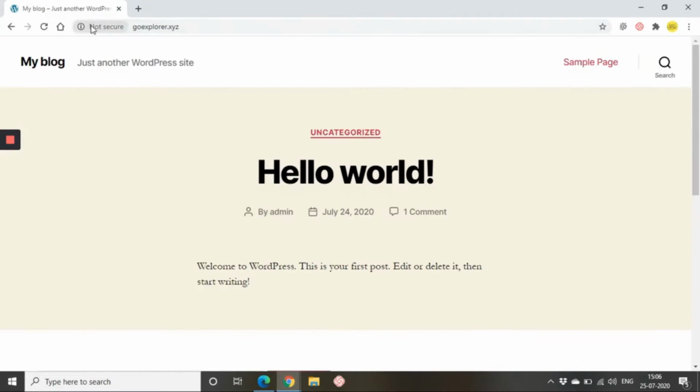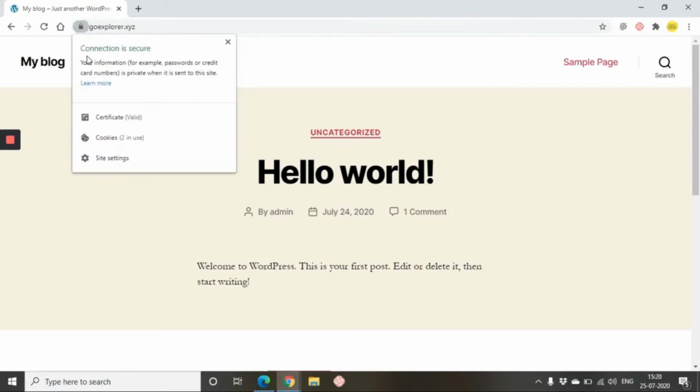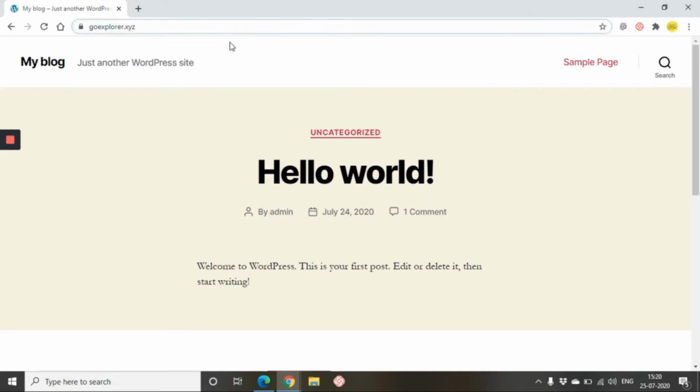Please refresh the page once. Yes, the SSL got activated, but it may take some time for some people. So please wait, or else erase the cookies and check once again. Your SSL certificate will be activated within some time. Okay, so that's how we can activate an SSL certificate for our website.